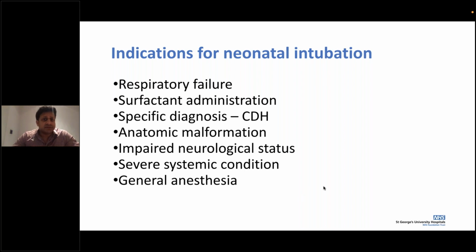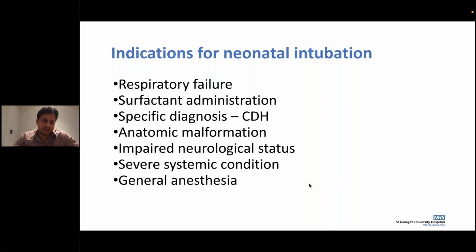There are specific conditions where you absolutely need to intubate, for example, a congenital diaphragmatic hernia. We know the diaphragm is a muscle separating the chest and the abdominal cavity. There is a weakness, and there is herniation of the abdominal contents into the chest cavity. In that case, you absolutely have to intubate this baby and connect to the ventilator straight away, to stabilize this patient until the respiratory function and pulmonary hypertension get better,